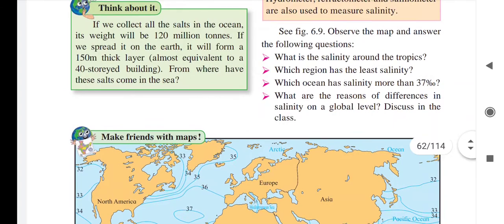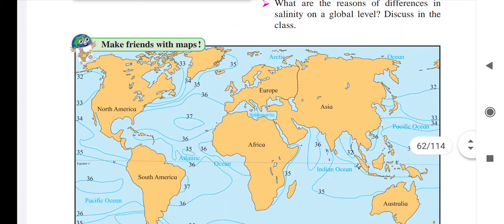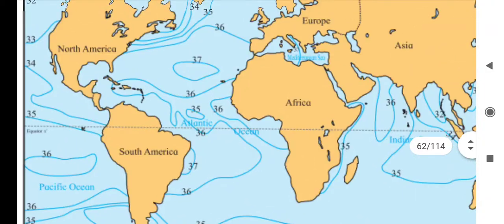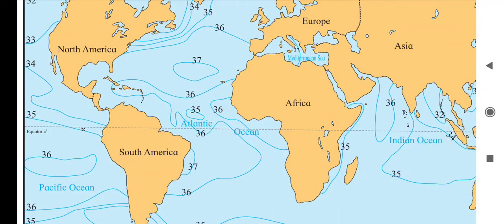So what is the first question? C. What is the salinity around the tropics? So, students, 0 degree is the equator. The region 23 and a half degrees north and 23 and a half degrees south, in both directions, is the tropical region. It is called the equatorial region. We can call it the torrid zone also. So in this zone, we have to identify what is the